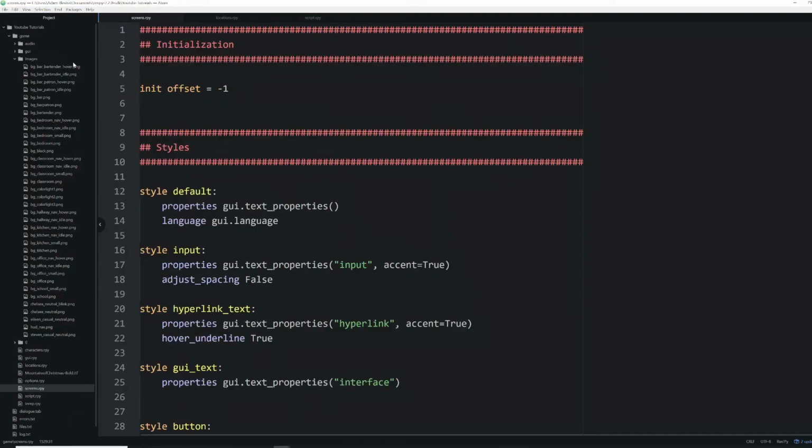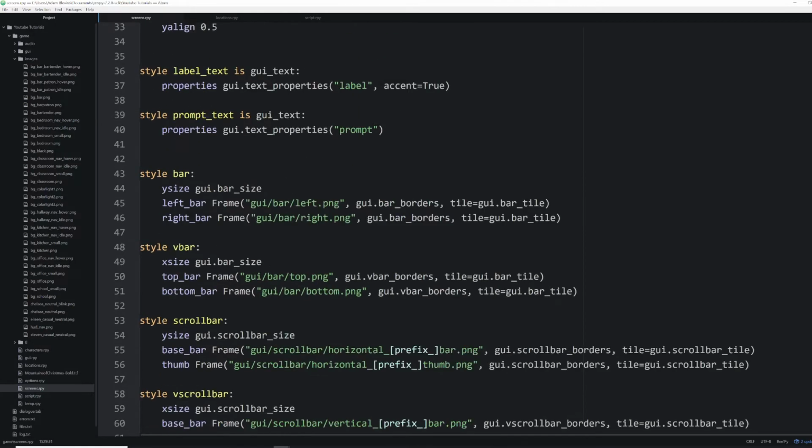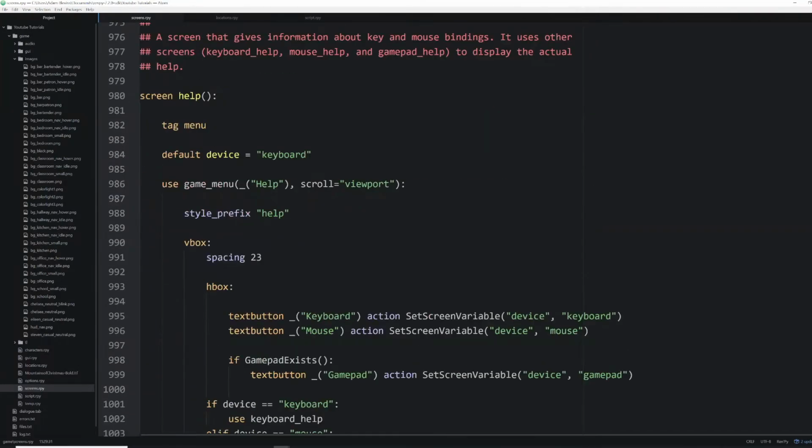Alright, so the first thing that we're going to do is set up our image buttons for our navigation screen. I've done a tutorial on image buttons before, and I will link to that above if you want a more thorough description, because I might go through this part a little bit quickly. But what I've done is I've gone to my screens.rpy file,